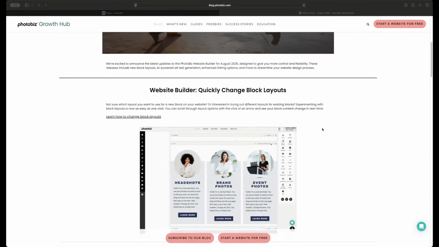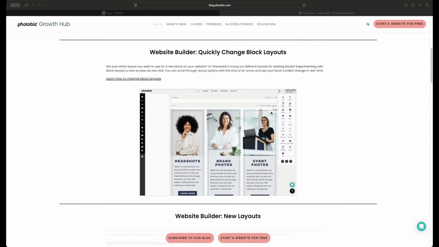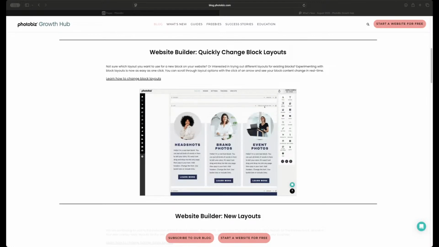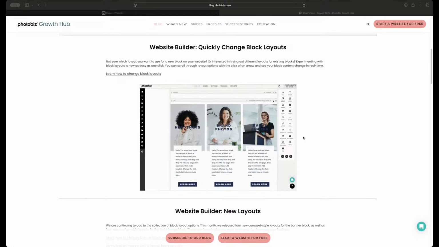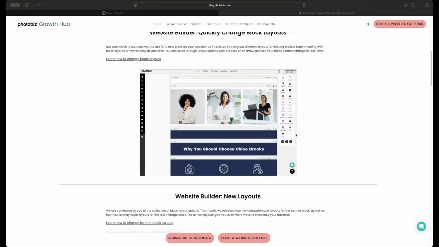You can see the website builder had some quick change blocks. The quick change blocks are very fast and easy to use. Just tap this in the corner of the block that you want to update. You can see different designs and layouts as you cycle through them. I love it. It's great for people who are fast at building and maybe want some quick tweaks